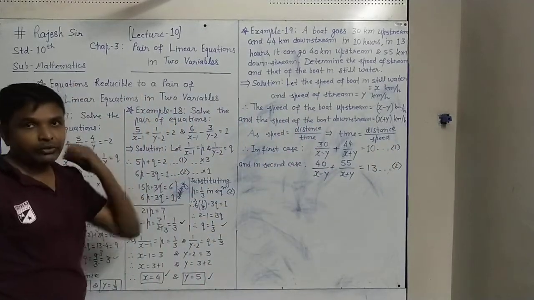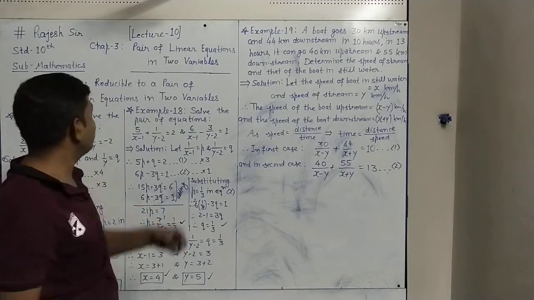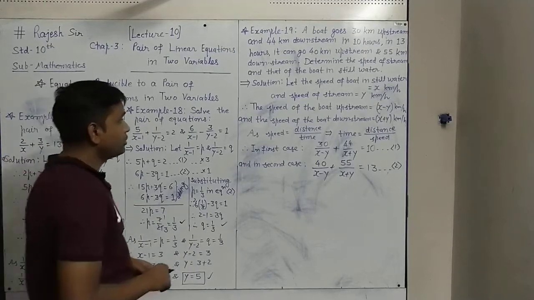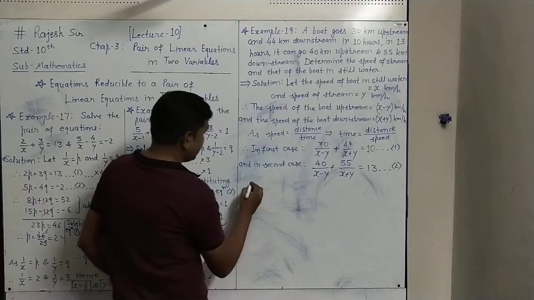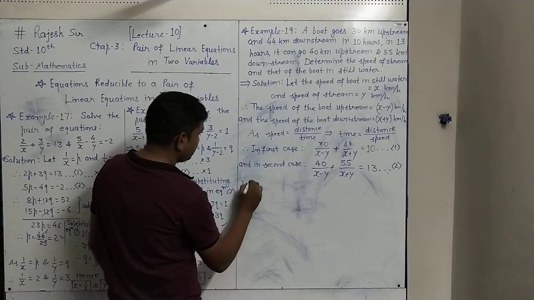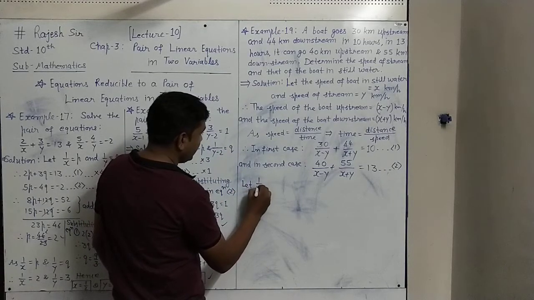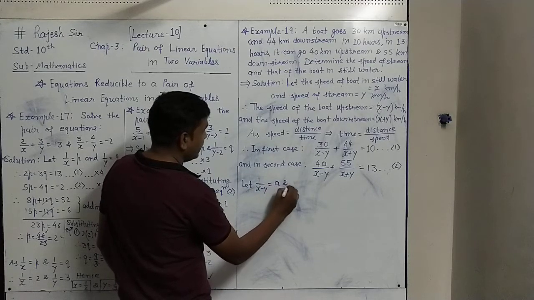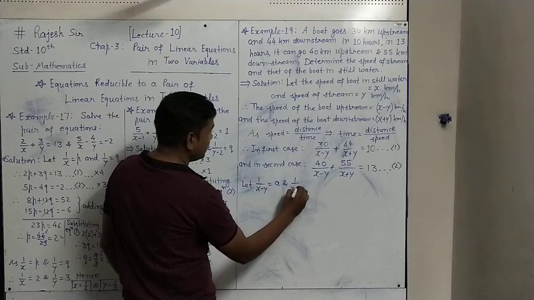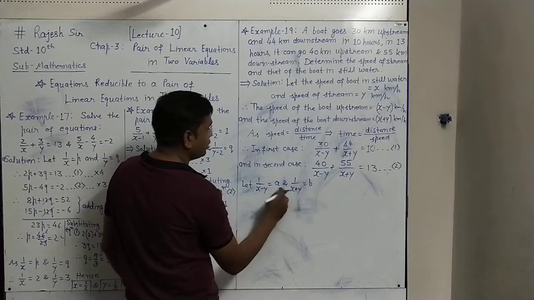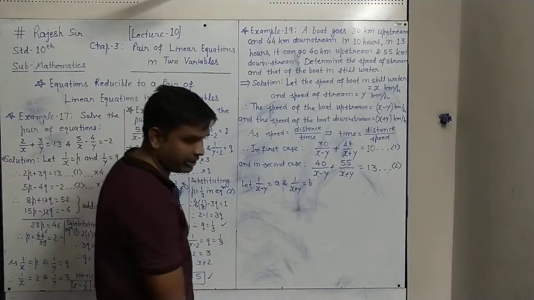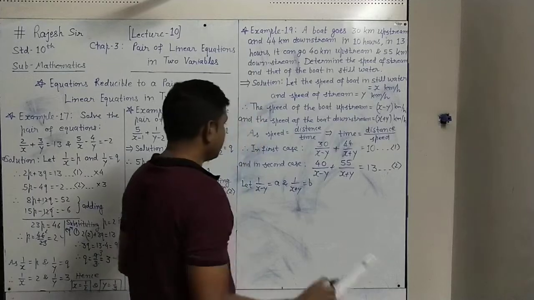With this type of 2 equations, we can reduce them to a pair of linear equations. How to reduce? Let 1 upon x minus y equal a and 1 upon x plus y equal b. P or q, a or b, anything you can take. So going this way,